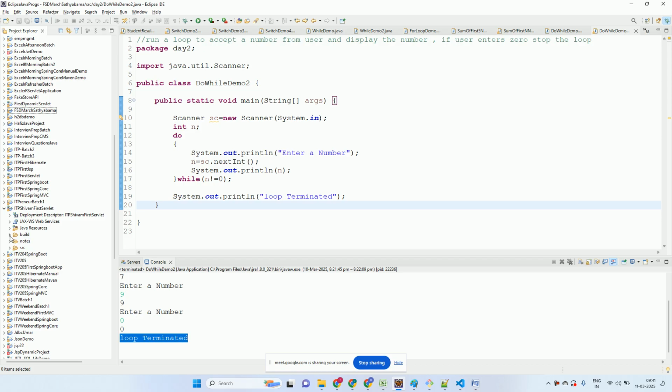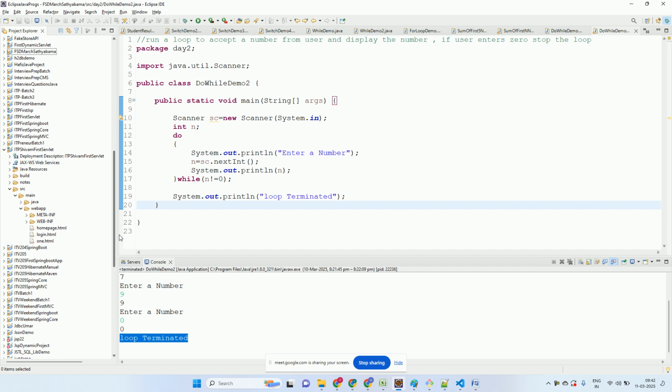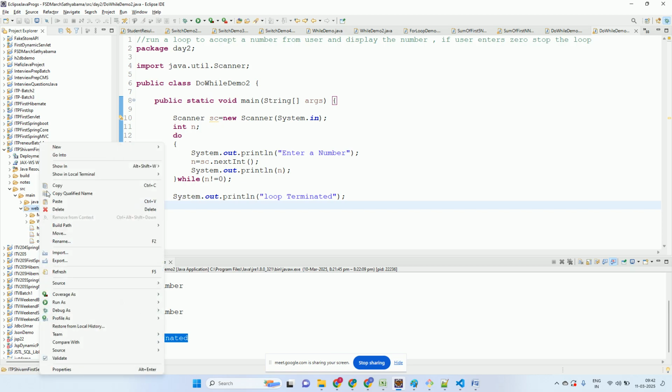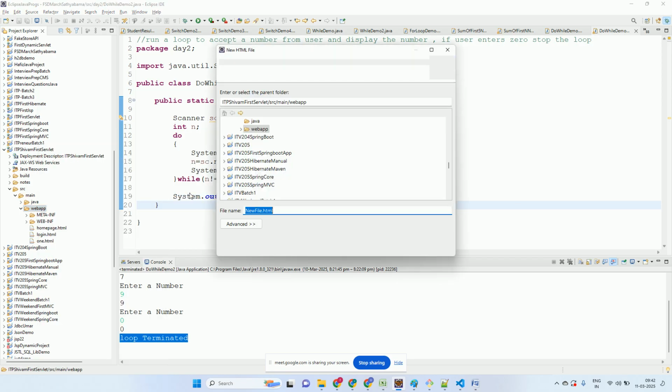So let's say I go to the web app and I want to register a student. So I go to web app and I make a new HTML file, student,